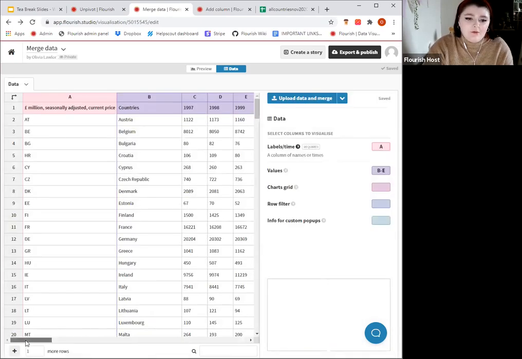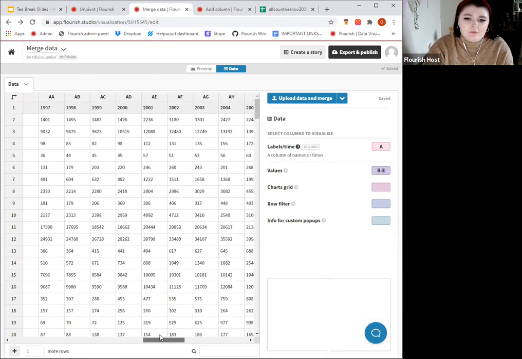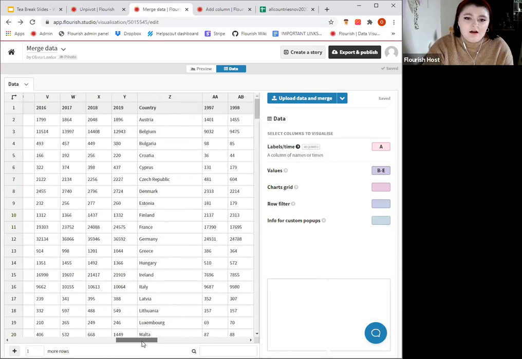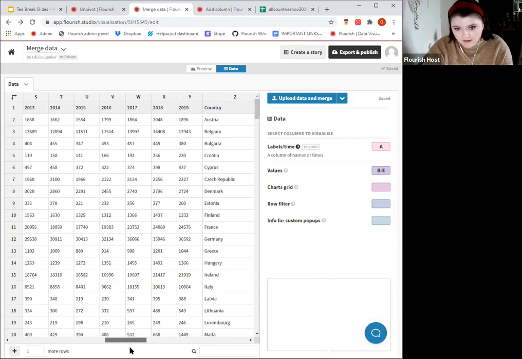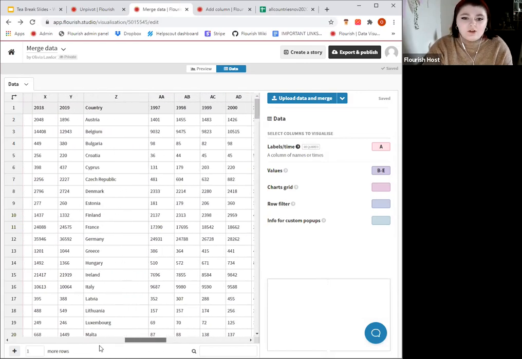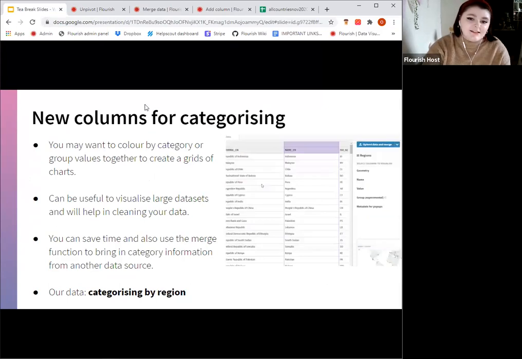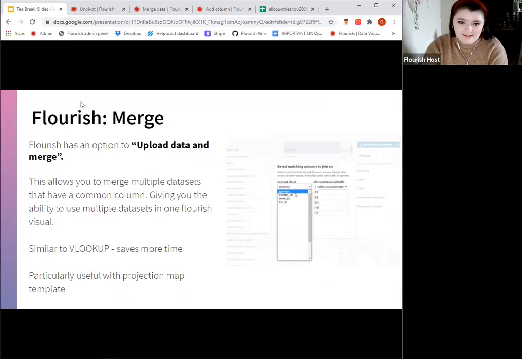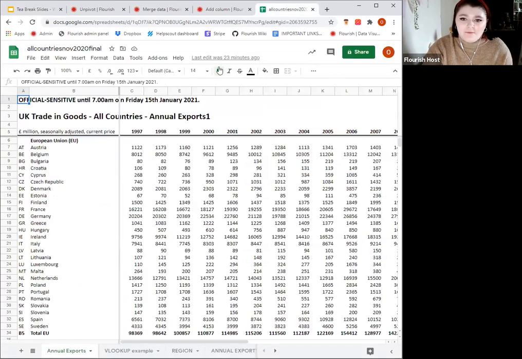And now if I move across here, that's my next piece of data. I can then clean this up a lot easier by once again doing that unpivot situation, or I may just want to create a column, which I will show you in a moment because I know that is one of my next slides. See? Easy? Yeah, perfect. I'll just quickly show you how I cleaned up this data.